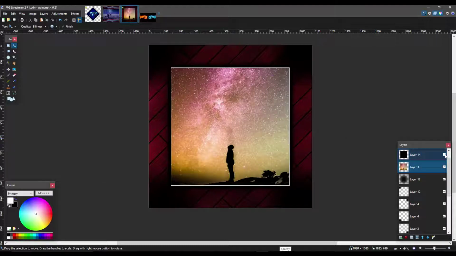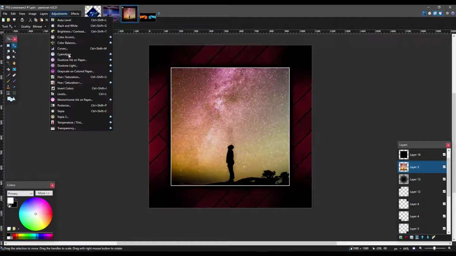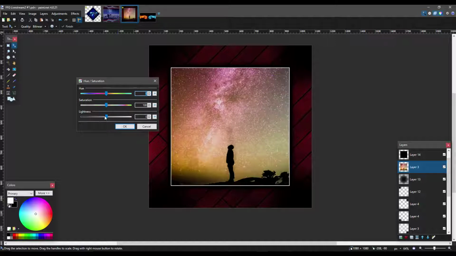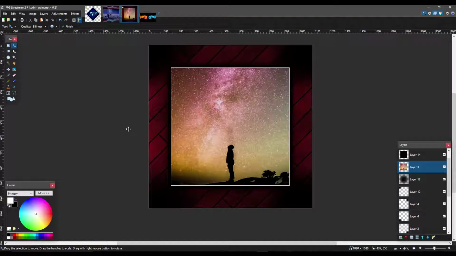And see, if we were to take off that, it gives it a little bit of brightness, but we wanted a little bit more. Now we could have always gone and done hue and saturation, which could have lowered it, darkness, lightened, whatever. I personally don't like doing that. I understand it's an option, but I'd rather have a layer where I still have the original, unedited, and then a layer over it. Now, like I said, it's the same way with these. I like having the original just in case,